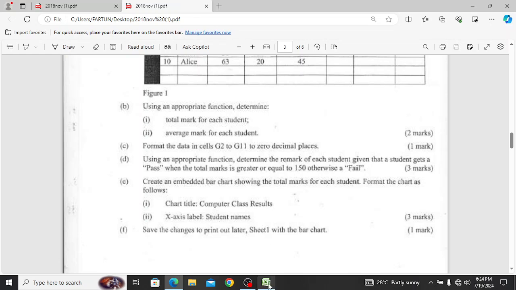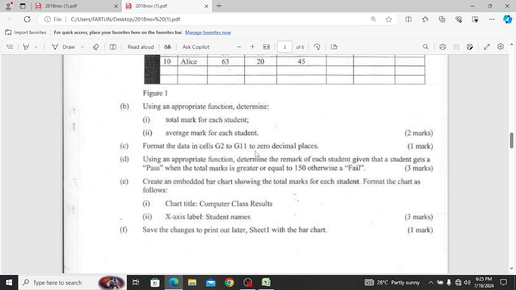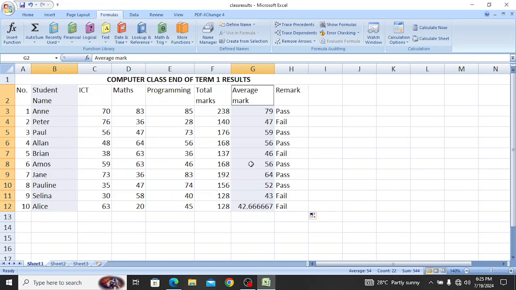Sasa, now let's go back to our workbook. Now we need to highlight the student name. Sasa, then unashika control kwa keyboard, then una highlight average marks from here paka hapo, because you are told they want an embedded pie chart showing the total marks for each students. Total marks, not average, total marks. Yeah, sorry, let's highlight the student name first, then the total marks tuna highlight paka hapo,